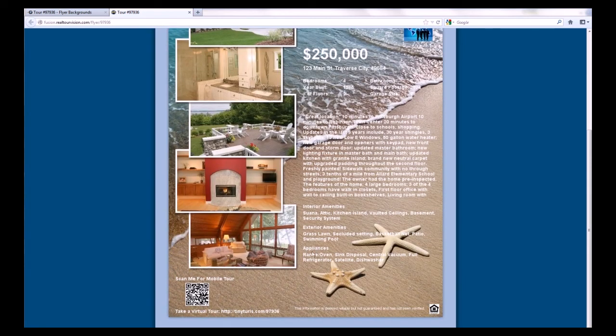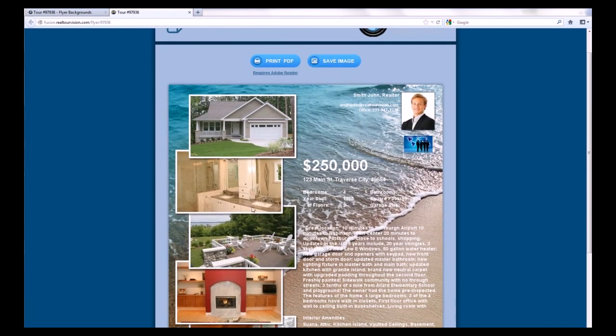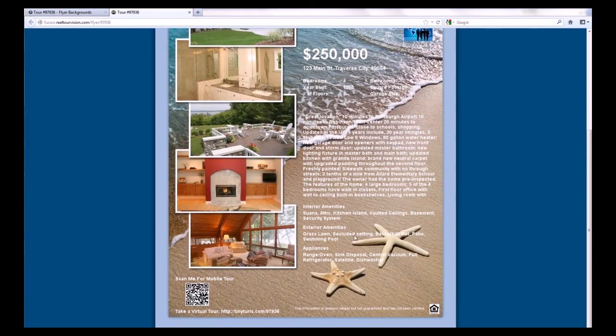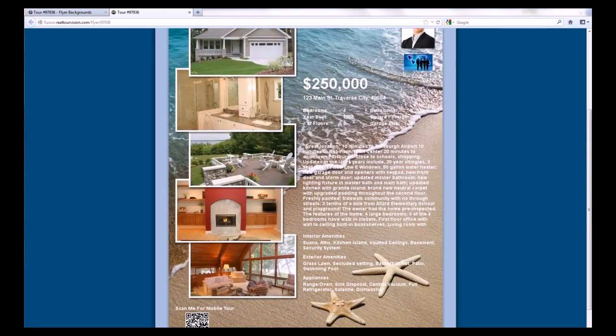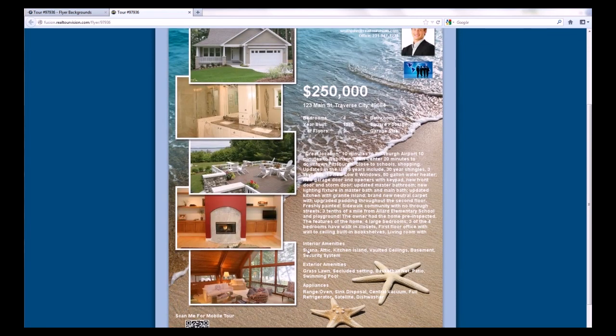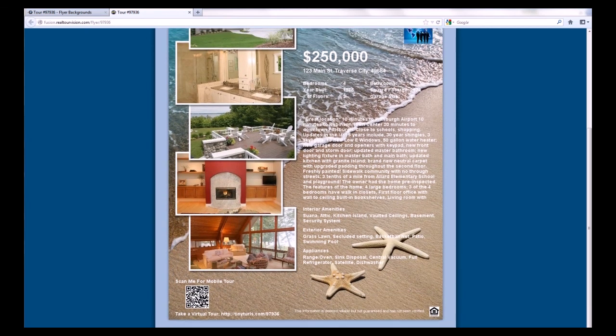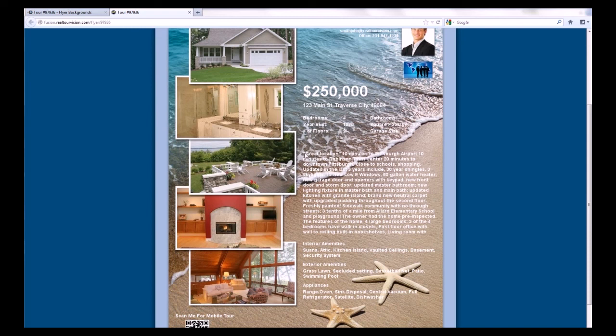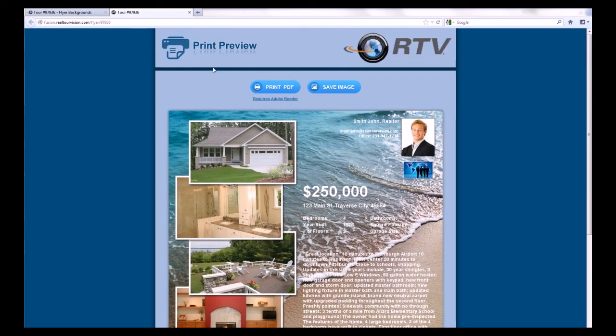Now, I have more amenities on this virtual tour selected than are showing here. The interior amenities, exterior amenities, and appliances, I have more selected than are showing up here on the flyer itself. Again, we have limited space on these flyers, so there's not room to put down every single thing that you add to the tour and select. You can't put as much text as you want. You can't put as many amenities as you want. We have a maximum amount of space we can work with, and each field is a definite sized field on the flyer. So keep that in mind,